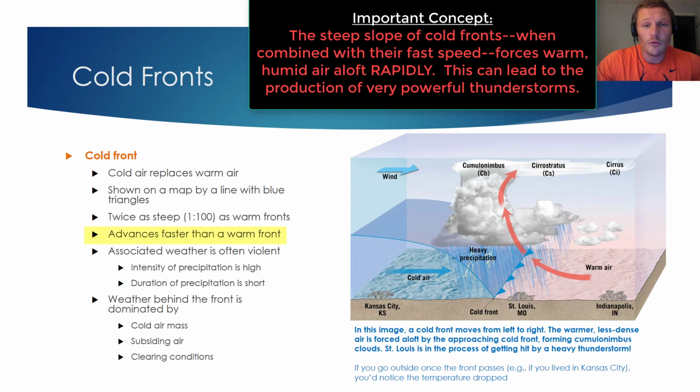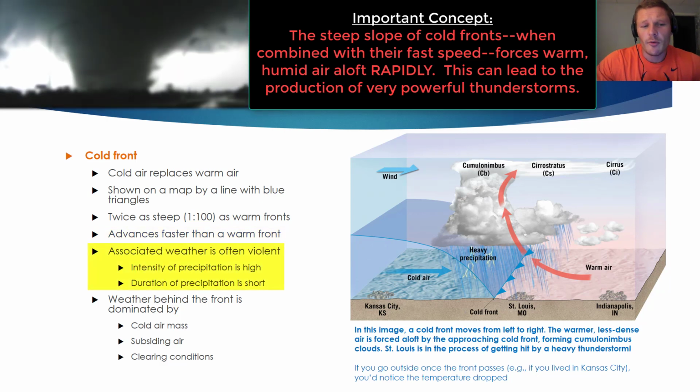It's also worth noting that cold fronts will move faster than warm fronts, with speeds of between 20 and 35 miles per hour. The weather associated with cold fronts is often violent. It can include thunderstorms, high winds, hail, and even tornadoes. However, even though these fronts can produce violent weather, the duration of the weather event and the precipitation is usually short. Warm fronts can produce moderate precipitation that's kind of long-lasting, whereas cold fronts can produce very powerful storms, but they're